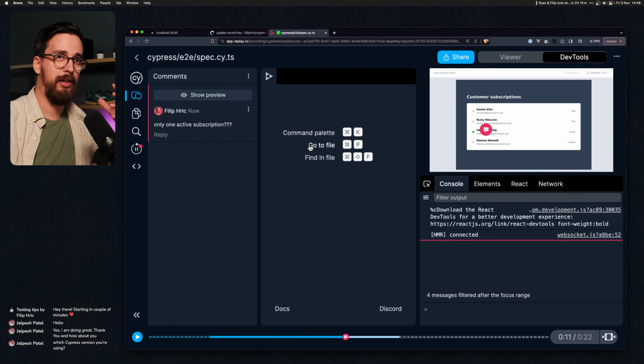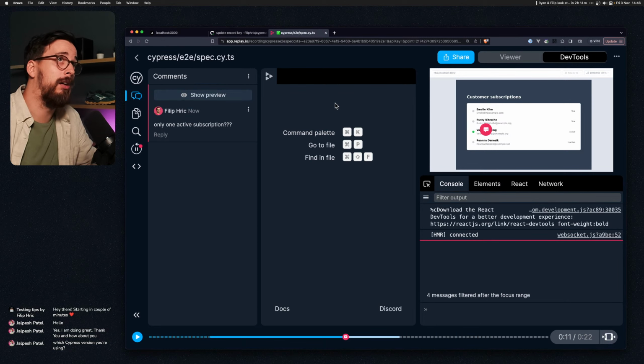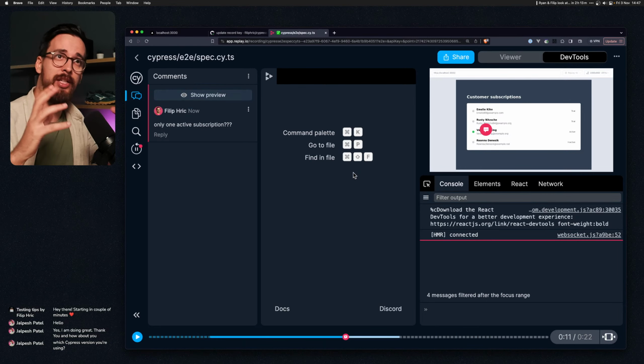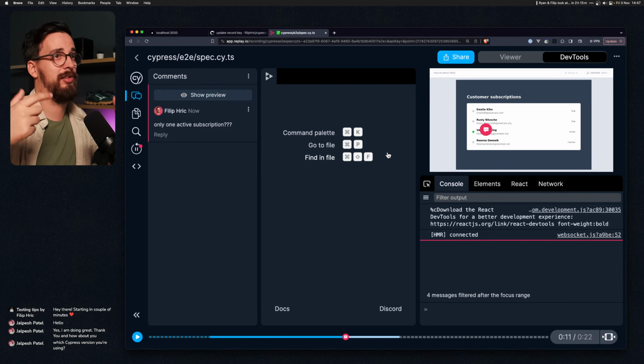So it's like a Google Docs meets a test reporter. So that's pretty nice already. And I think I showed this in one of the previous live streams, that this is a test suites integration, which is sweet, but you can actually use Replay sort of manually. You can just hit a record button and then start recording your